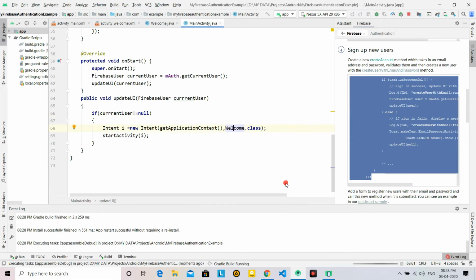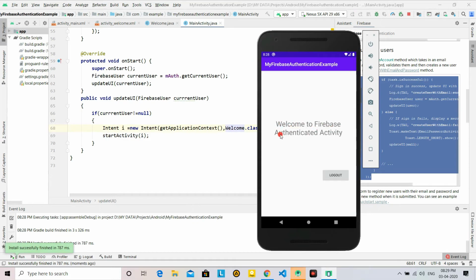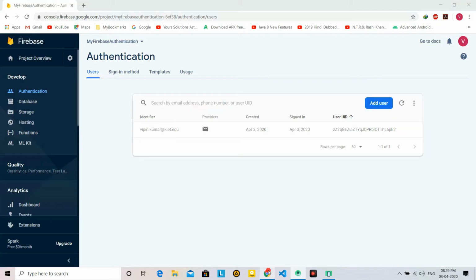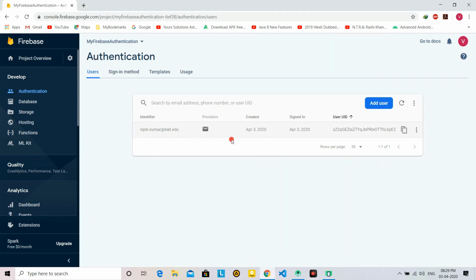So it is passed to the second activity now. Now run again, because we have already registered, so it will bypass the login screen and open the second screen. You see, Welcome to the Firebase authentication activity, because we have already registered with the same email ID and password which I showed here. In the next video I will show you how to log out of this application from this activity. I will click on the logout button, it will log out, then again I will register with a different mail ID and I will log in with the existing username and password. The password we know is kite12345.